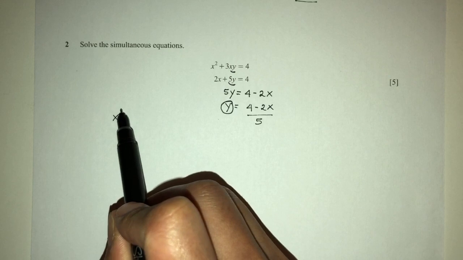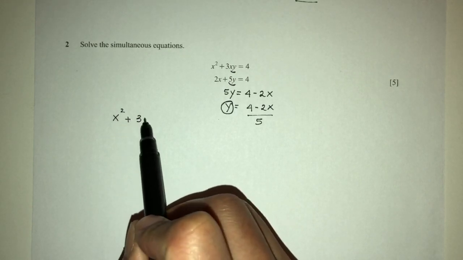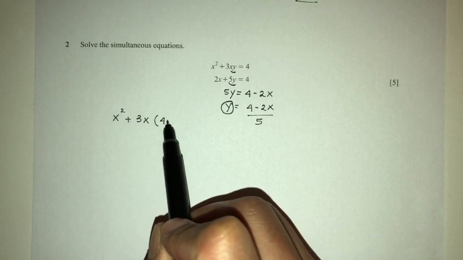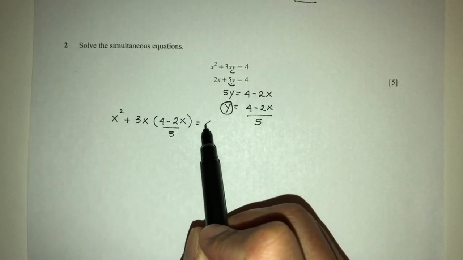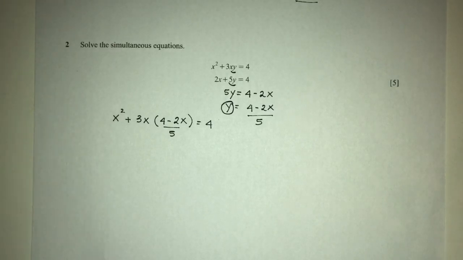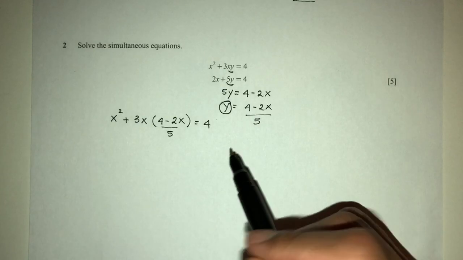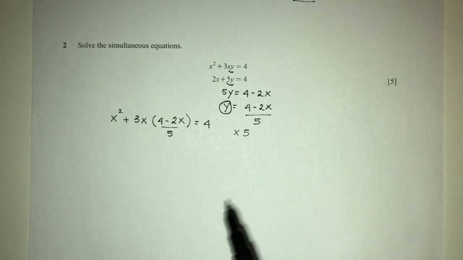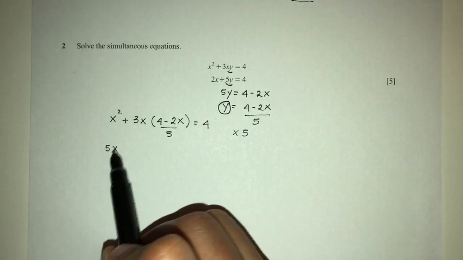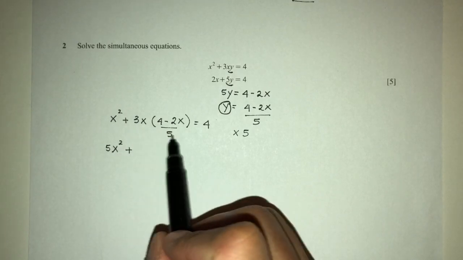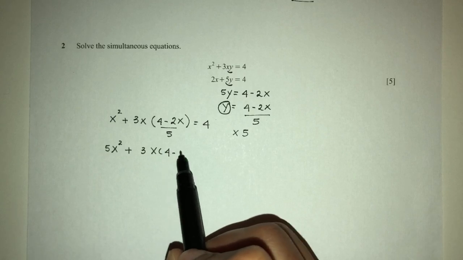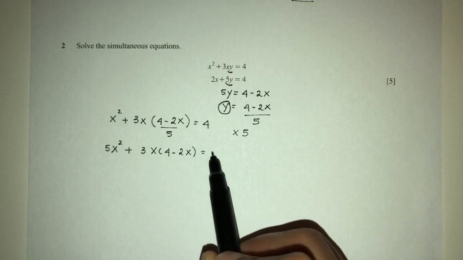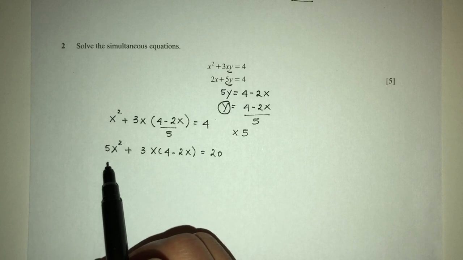So you will have x squared plus 3x times y, which is 4 minus 2x over 5, equal to the value of 4. Now as you can see, we have a denominator of 5. We want to eliminate that value, so let's multiply by 5 everywhere. You will have 5x squared plus, so here 5 will cancel out. You will have 3x times 4 minus 2x equal to 20. Now simplify. 5x squared